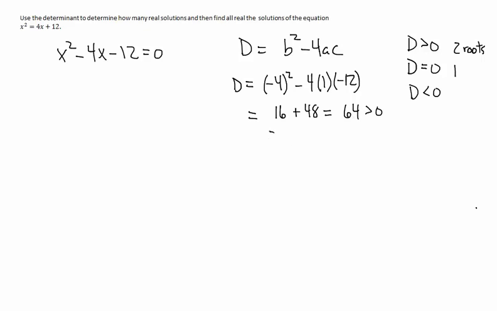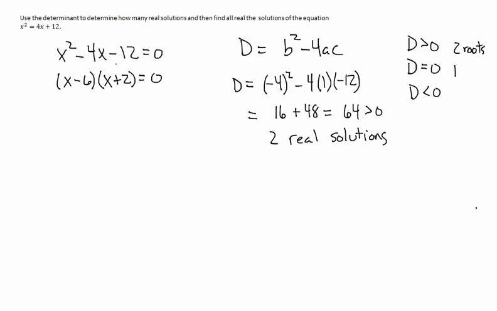So that means we're going to have two real solutions, which are also roots. Now, whenever we have a quadratic, the first thing we're always going to try is to factor. If we can't factor, we're going to use the quadratic formula. In this equation, we can definitely factor it, and we have x minus 6 times x plus 2 is equal